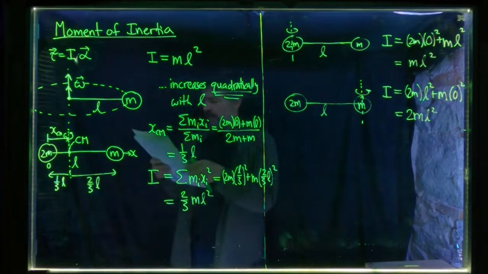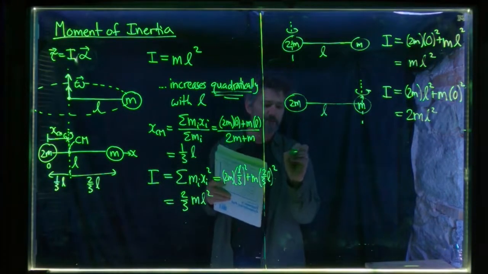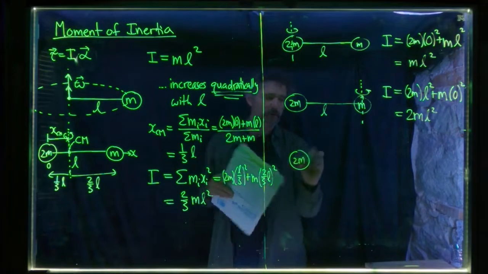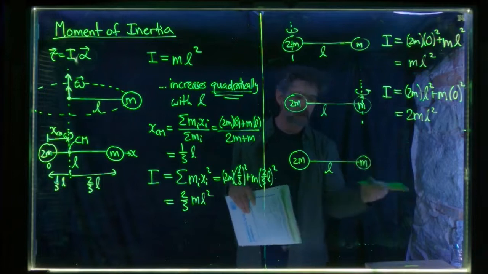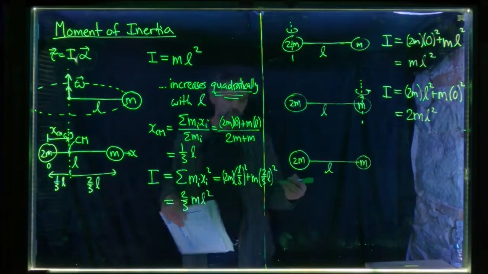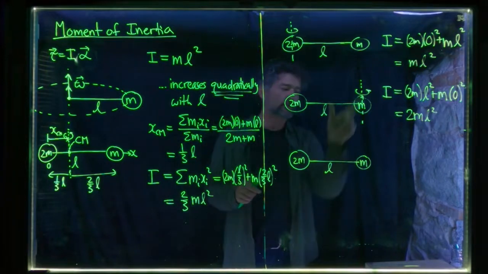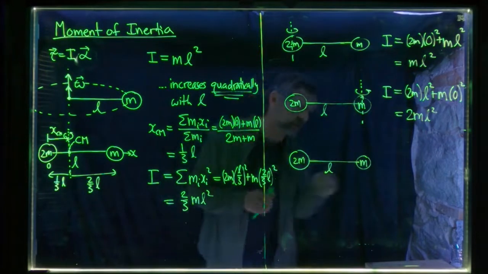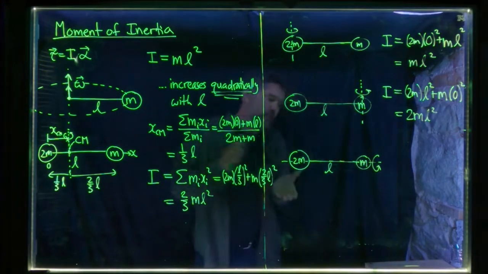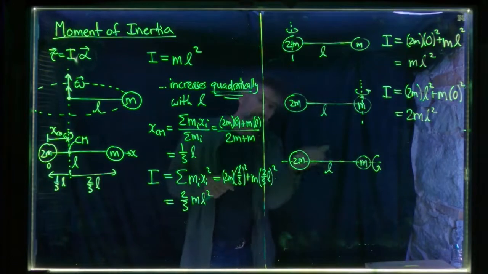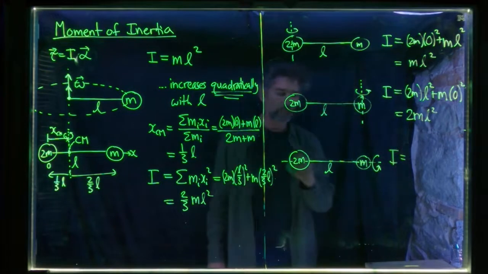And then the last example we'll think about is this example, where we have 2m here, okay, same object, same rigid body, except now we are going to rotate it about an entirely different axis, not vertical like this. We're going to rotate it about an axis that passes along the rod like this. Okay, so this is the axis of rotation here. So we've grabbed the rod like this, and we're trying to twist it this way. Okay, so now in this case, the moment of inertia is equal to a mass 2m